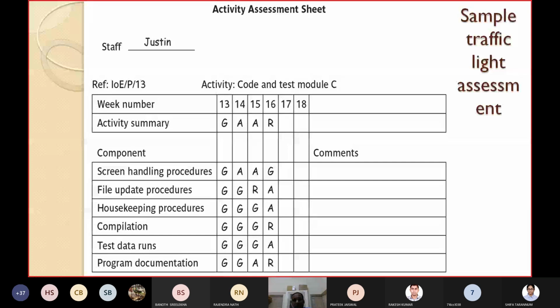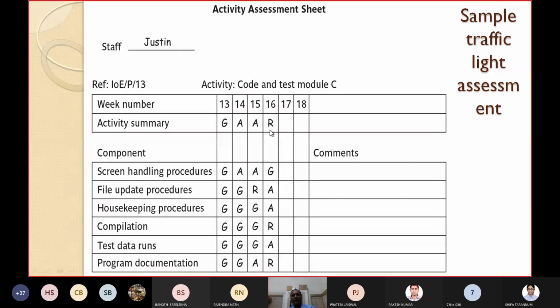And R means red. By the 16th week you are red. That means gradually you are getting delayed from week 13. By the 14th you are getting a little bit of a danger warning, because you are in amber. But still, if you take some precautionary step, you can revert back. The project can be brought back to target. But as you enter the 16th week, you are entering the red zone. That means you are not on target. It is very difficult to bring the project back. So you have to immediately apply the plan you have made, so that you can try to bring the project back.